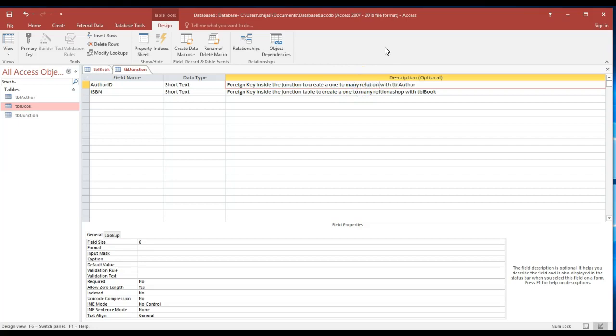Okay, to create a one-to-many relationship, I'm going to add this word here as previously with the author. All right, the question now, these two are going to be